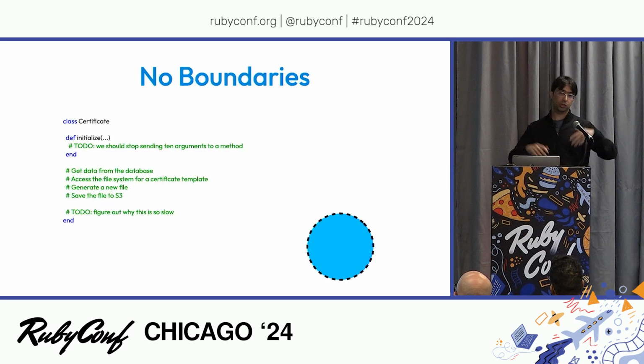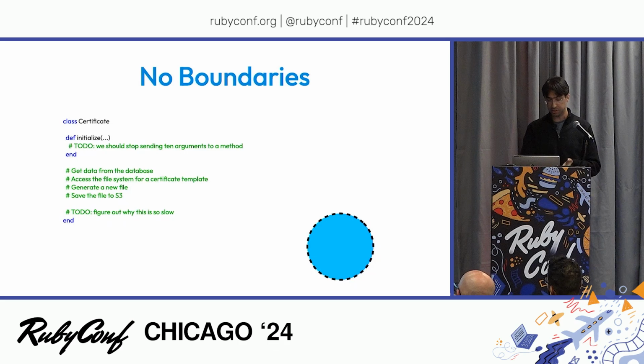So this is our initial big ball of mud. We have one class, it's called certificate, and it takes in 10 inputs, and then it accesses the database, it goes to the file system, it accesses S3, it does everything, and it does some things that we don't even know it's doing. So there's no clear boundary here. There is no clear idea of what's outside and what's inside. It simply does the entire certificate generation experience. And some might say, well, that's a singular thing that it does, so it could be one thing, but I think it's a bit too much.